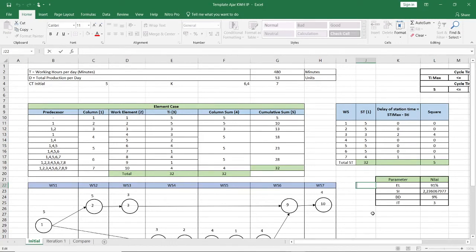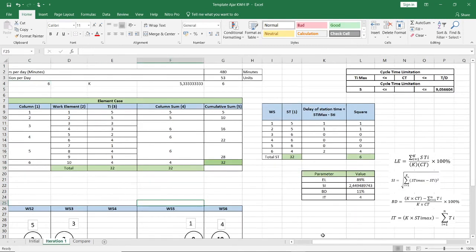In the heuristic system, it must contain iteration. Iteration means you must calculate this method over and over again until you can find the best solution for the problem. So I will make the first iteration, like this.